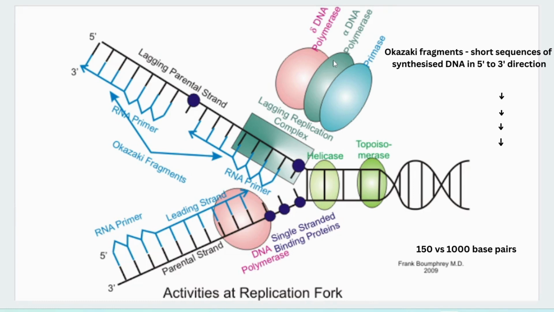The main topological difference between prokaryotes and eukaryotes here is the length of these Okazaki fragments, which arises from the level of priming. In eukaryotes, each Okazaki fragment is around 150 base pairs, while in prokaryotes it's roughly 1,000 base pairs. Also, the larger number of eukaryotic polymerases makes the cell better adapted for the complexity of